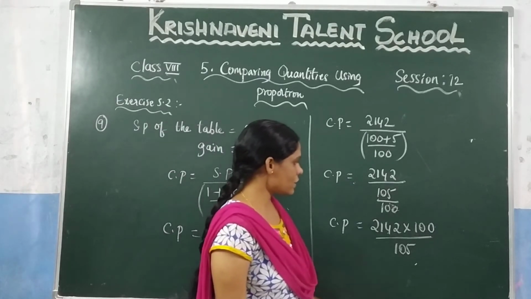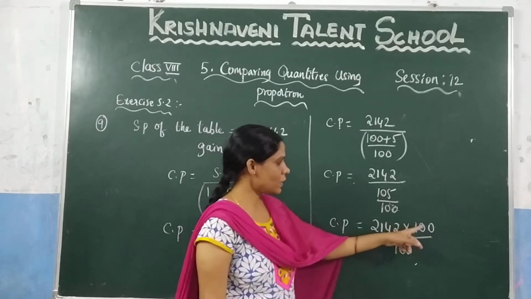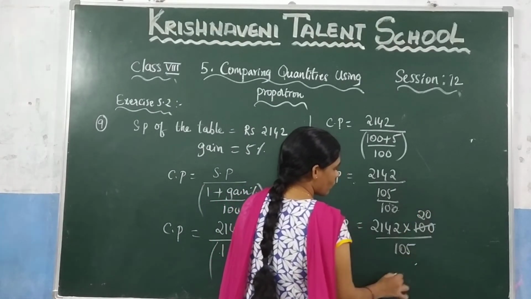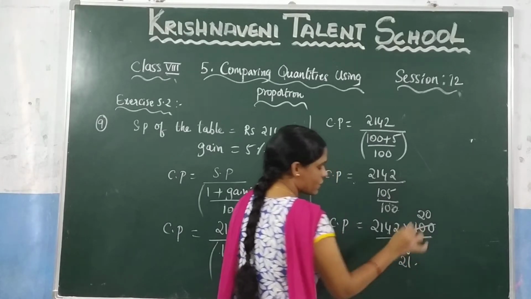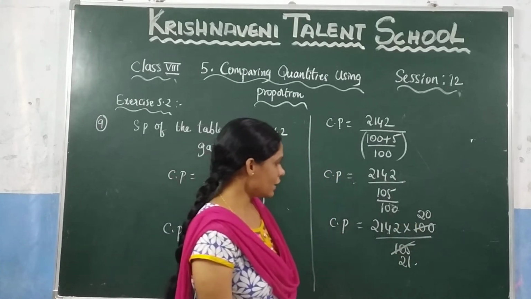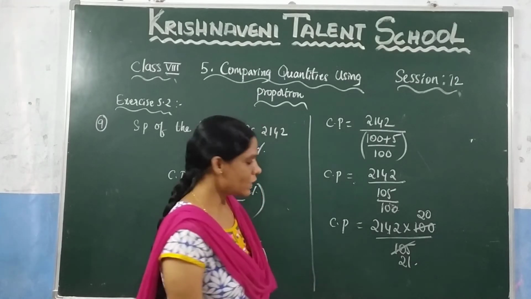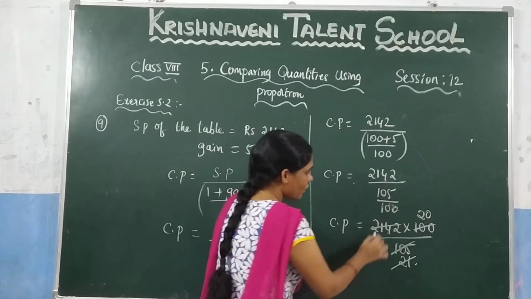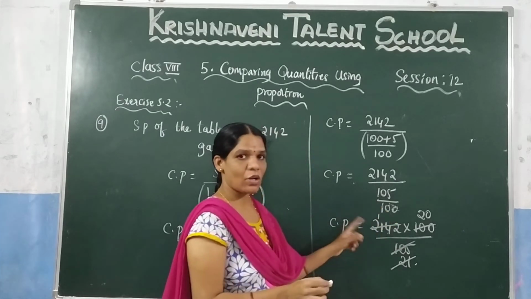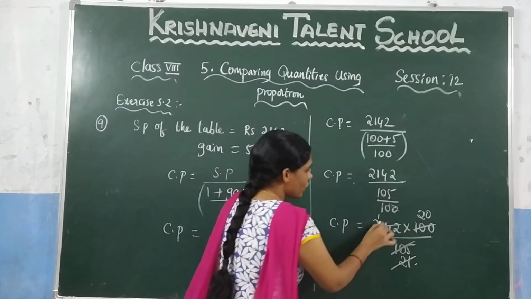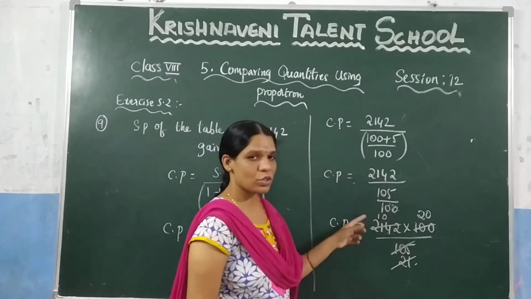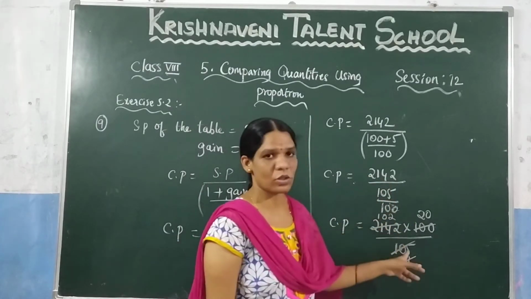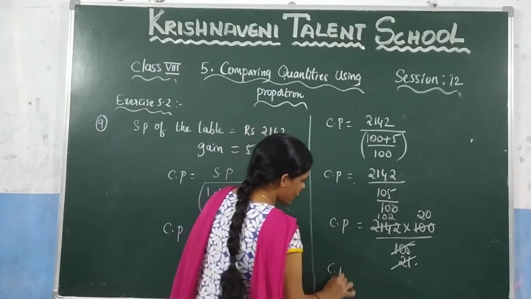Now let us cancel these values. You know that in the 5 table these two values will get cancelled. So 5 2s are 10 and 0. Similarly 5 2s are 10, 5 1s are 5. Now let us see in which table these two values get cancelled. Clearly in the 21 table these two values get cancelled. 21 1s are 21, and since we cannot take these two values at a time, you need to keep 0 here, and 21 2s are 42. So write it here 2. So what is the value you are getting here? 102.